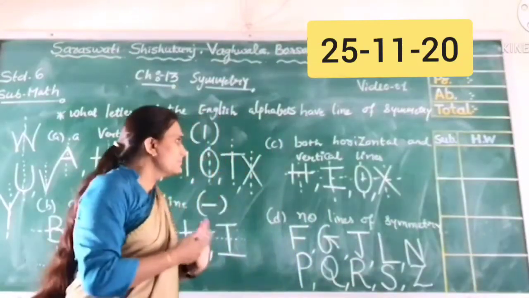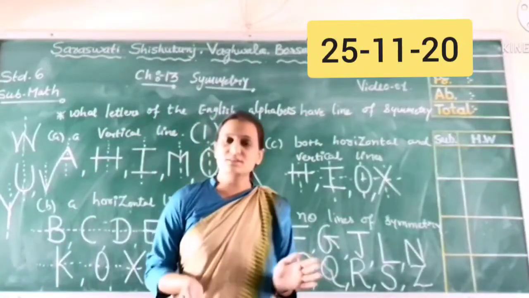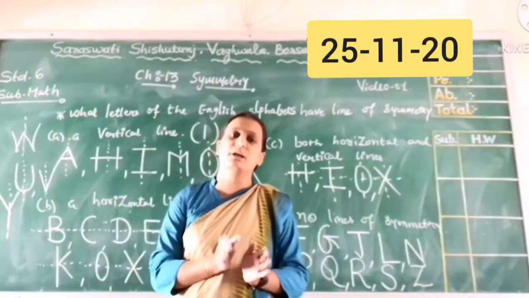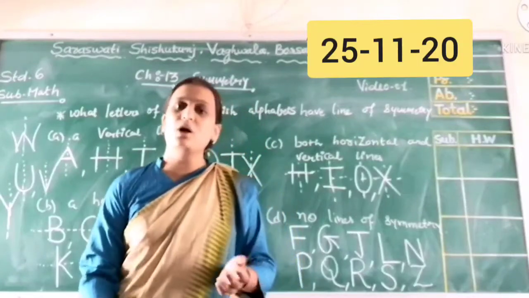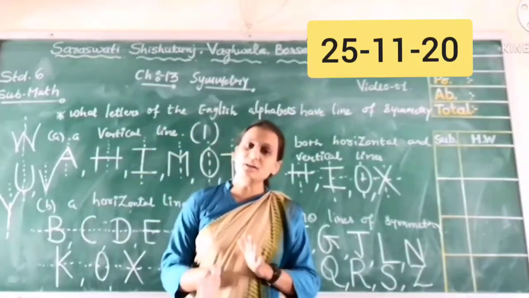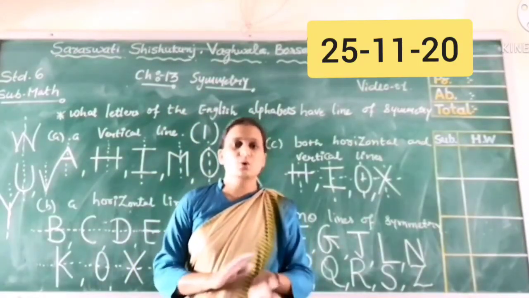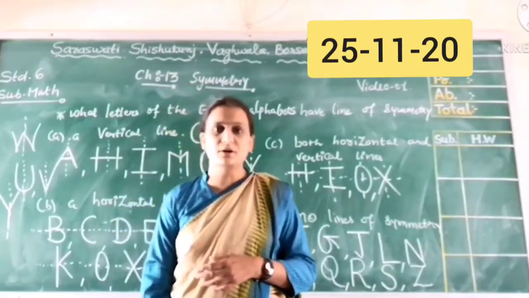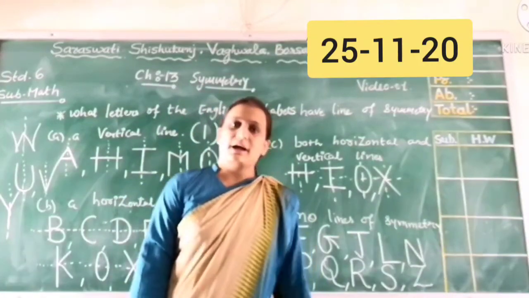So this is the basic of lines of symmetry. This is so easy. You can see after folding whether both parts are the same or not. So we can find vertical and horizontal lines of symmetry. So this much is in this chapter. Okay. So this is the end of the chapter.